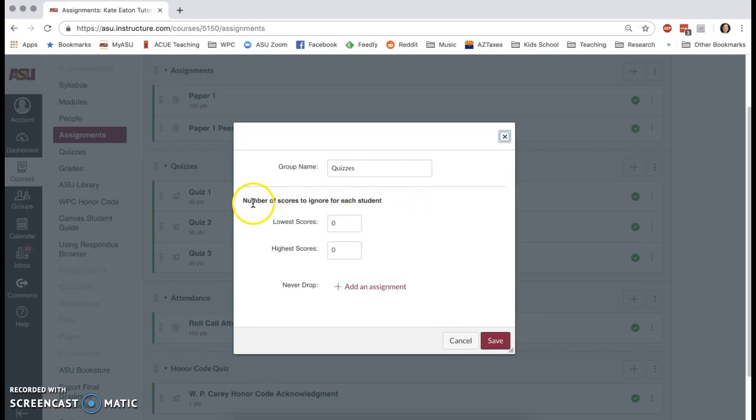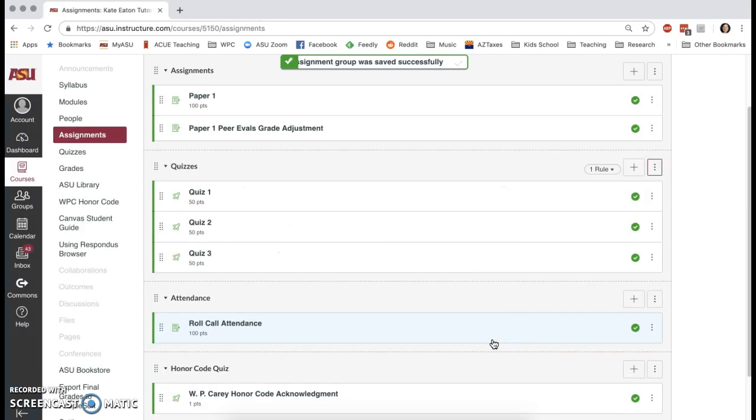So then here you can actually choose how many scores to ignore for each student. So we wanted to drop the lowest. So we're going to tell it to drop the 1 lowest score, and then we just click on Save. So now you'll see this comes up, 1 rule, drop the lowest score, is now the rule that we put in. So if we look at the gradebook again,